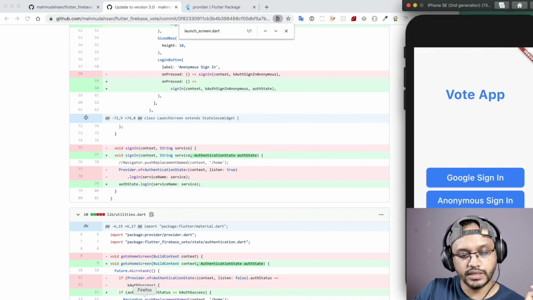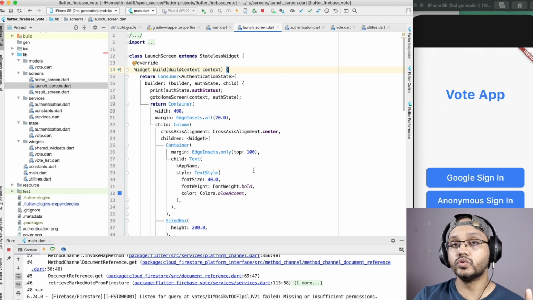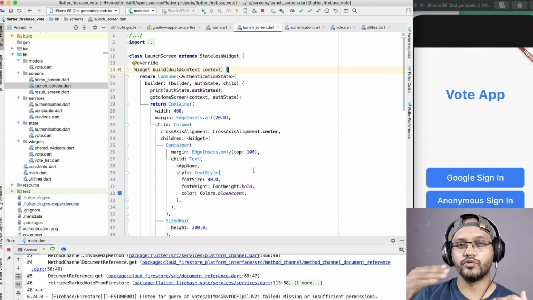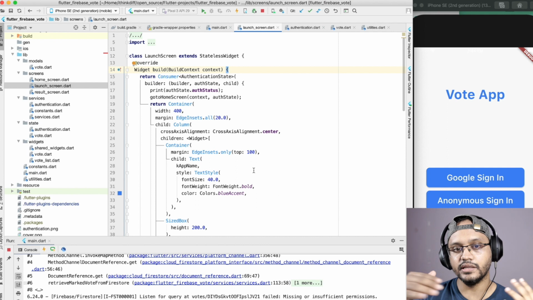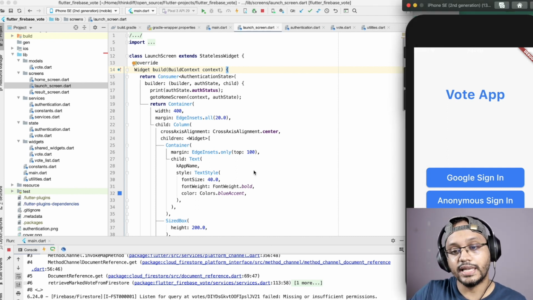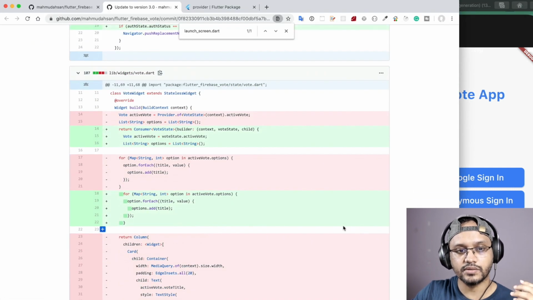So that's it. If you want to study this code, you can follow my previous two video tutorials on how to develop a voting application, and then how to add the Google sign-in and Firebase auth. And now if you want to update those libraries, Provider 3 to 4 and some other libraries, then you have to remember what kind of changes I made to support the latest libraries. Okay, so I hope this discussion will help you understand what basically changed and how I solved the problem to support the latest libraries.